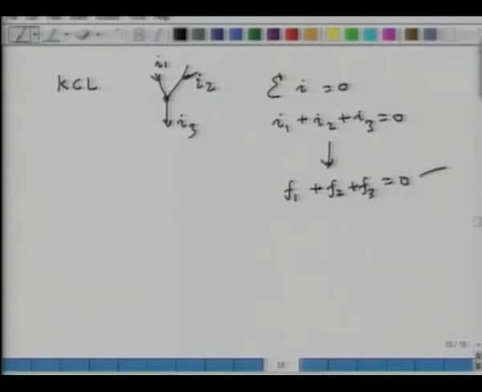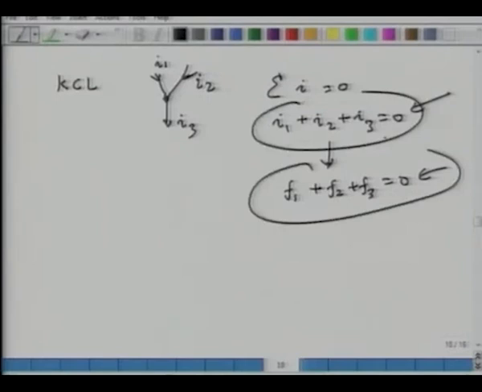And this is essentially your Newton's law of motion. Kirchhoff's law is similar to Newton's law. They are not the same, but they are similar. Similarly, you have Kirchhoff's voltage law, that if you have three elements,